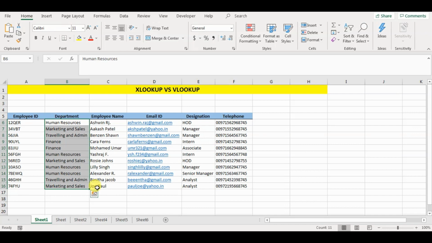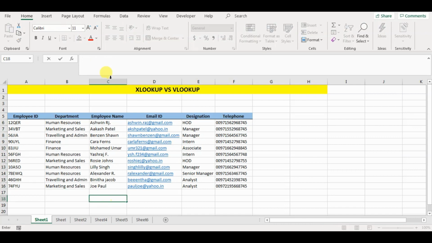XLOOKUP is similar to VLOOKUP. It performs similar operations, but the only difference is that instead of just finding the data from the right side of the selected column, it can also find the data from the left side. You do not have to worry about breaking any formulas if you add or delete any row, because it normally looks for the exact match, and this will also save time for you. Now to explain it further, let me show you how it's done.